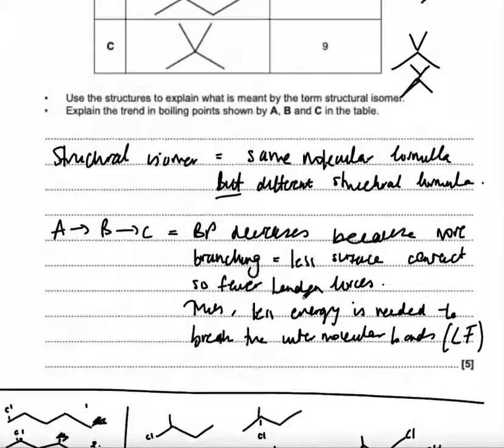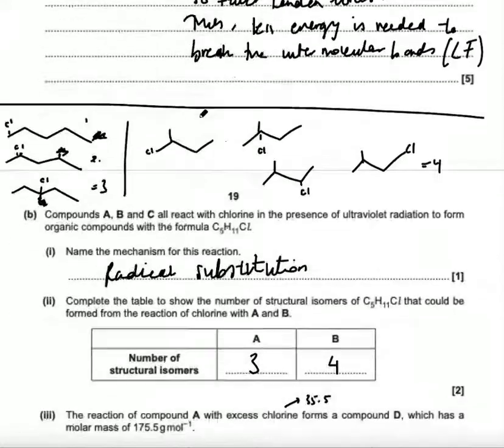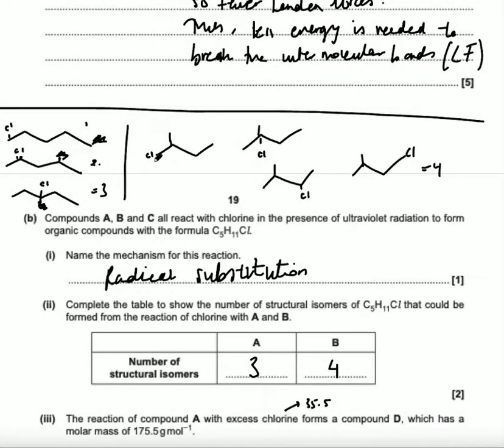For B, which is this structure, I can position the chlorine over here, or I can position it over here. It's still the same thing. So I'm going to choose to put it over here, so that's 1. I can then move the chlorine to the second carbon over here, so that's another 1. I can move the chlorine to the third carbon over here, so that's 3. Or I can put it right at the end, but this counts as another isomer because